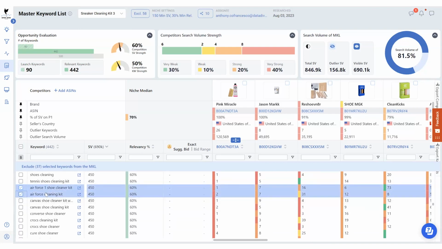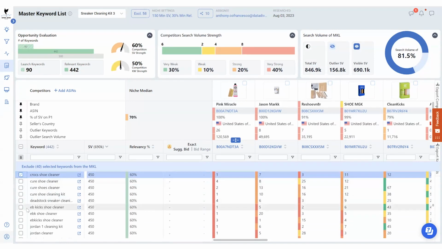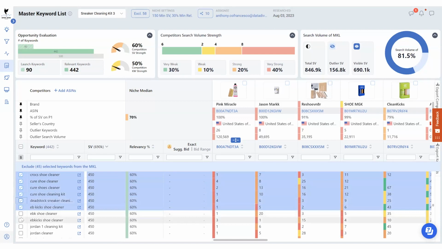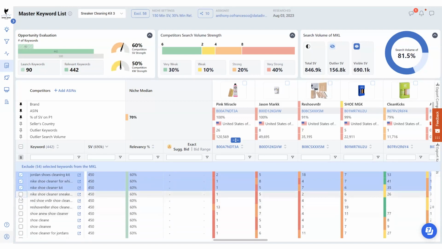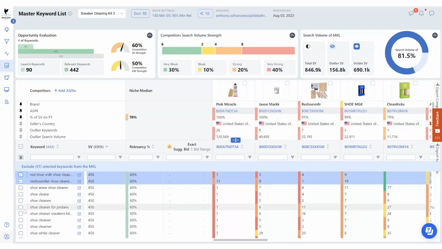Because I can see that a lot of people want to know, does this clean Crocs? Does it clean Air Force One? Does it clean Converse? This is something I wouldn't put in my listing, but I can put it in my images and show a really good image that shows all the different types of shoes that it can clean. And again, if you want to move through this faster, if you see something repeated over and over again, you can just put it into the search bar and then clean it that way.